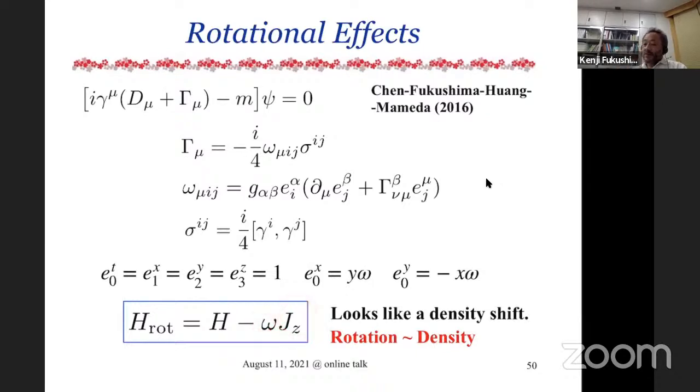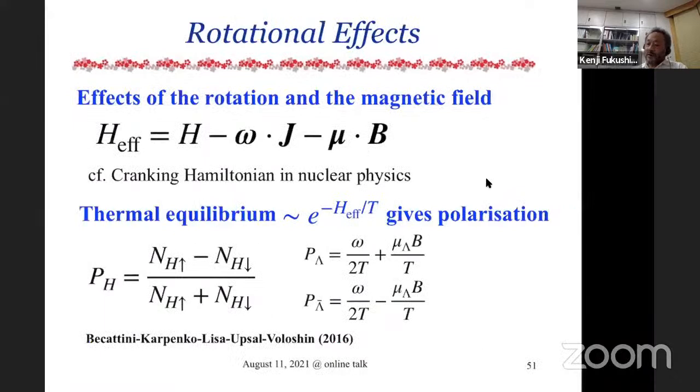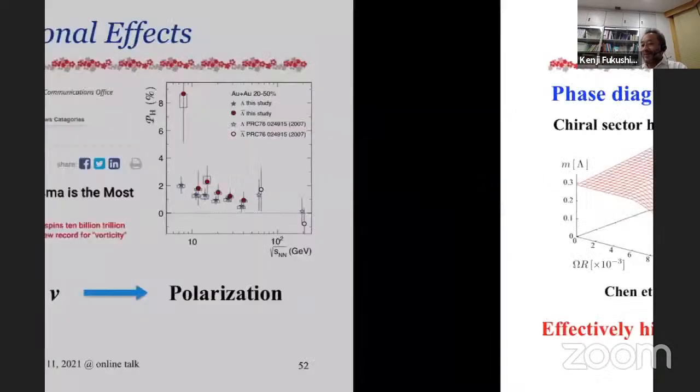And so this looks like the finite density, right? Because if you have the finite density, you have the energy shift by the chemical potential, minus mu. And instead of the chemical potential, you have this shift, the angular velocity times angular momentum. Okay, so in this sense, actually, the effect of the angular velocity is very similar to the finite density. And that is true if you see the phase diagram. Well, yeah, so this is some experimental motivation. In fact, this rotation is confirmed by some heavy ion collision experiment. But anyway, I skipped this.